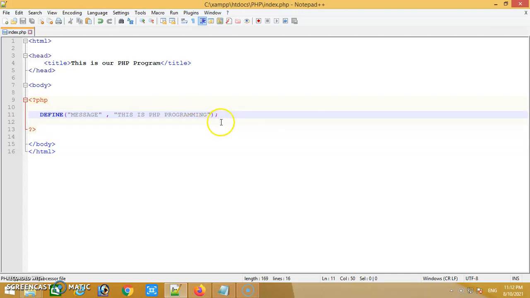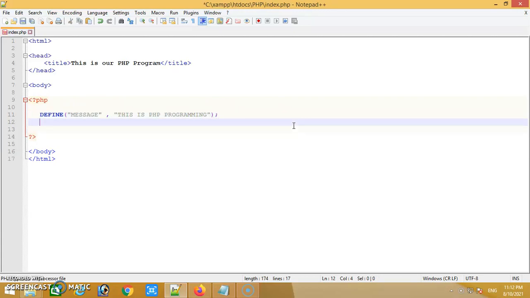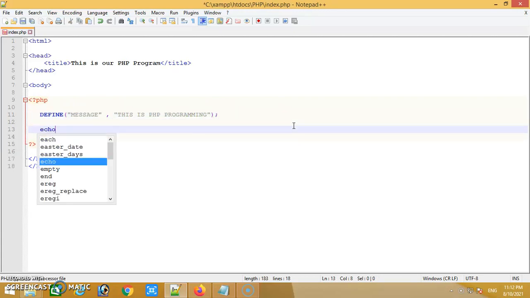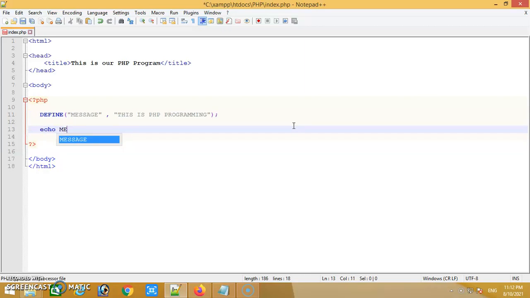I want to display the value of the constant. So how to do that? I'll write echo message. Here you notice I will not write a dollar symbol, because in the case of a constant we do not use the dollar symbol at the beginning.